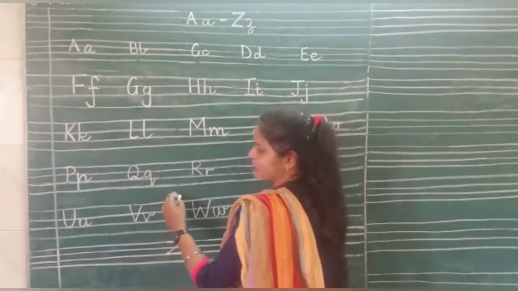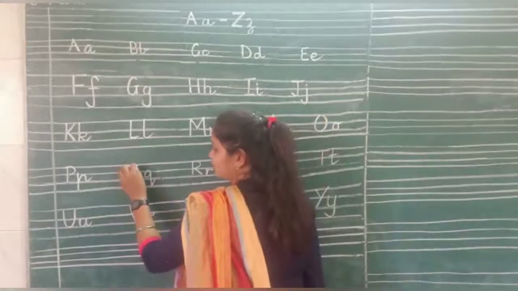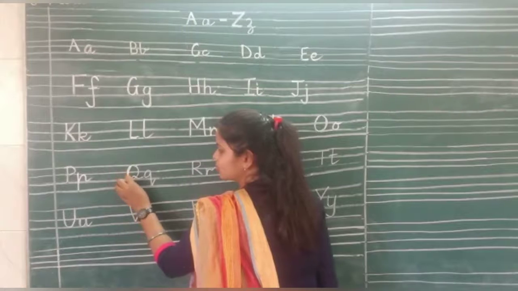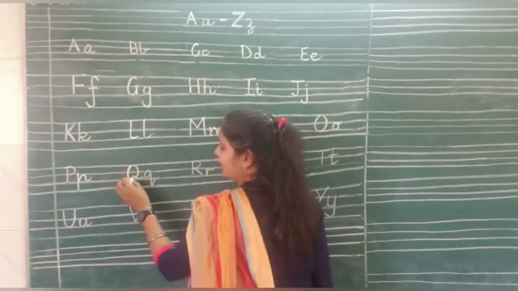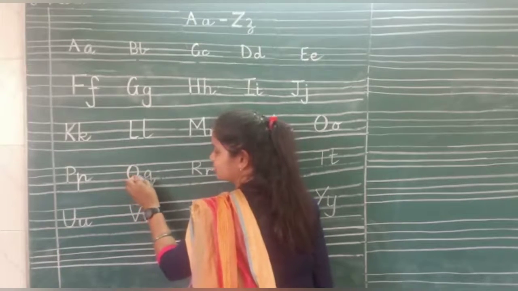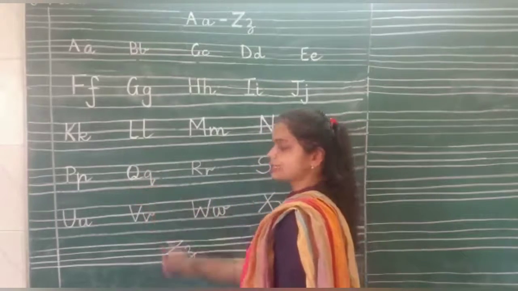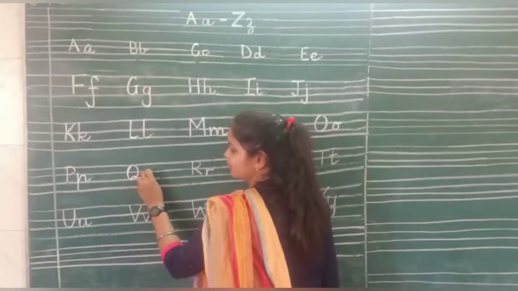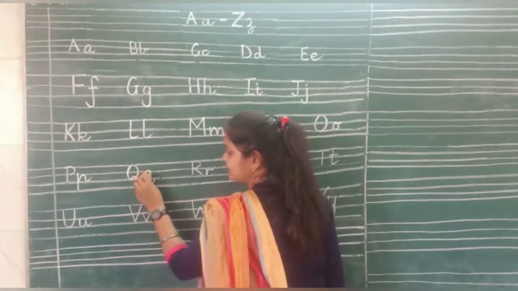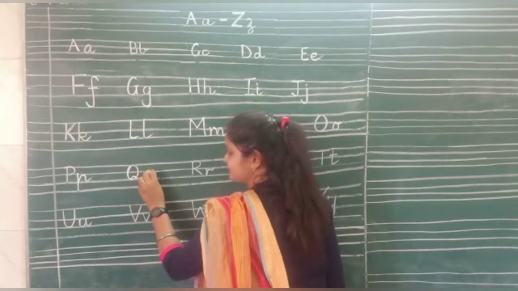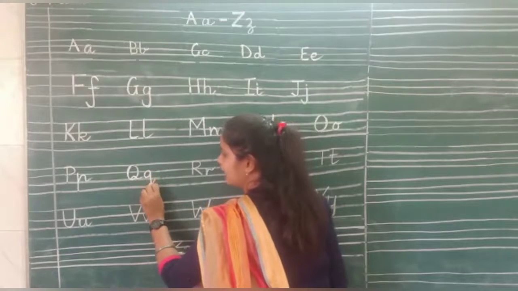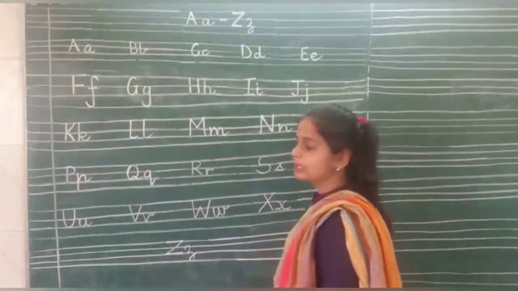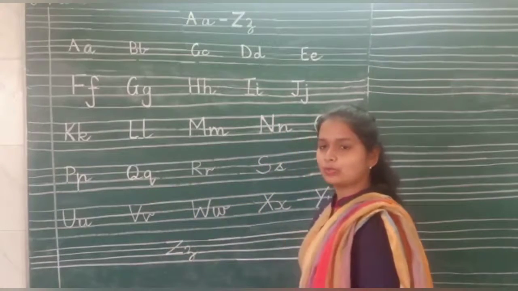Now coming to the next letter, Q. Again Q will be formed like O as we have formed O. So this is like O and then a cut like this. So this is capital Q, and small q we will be starting from the middle line like this, round, then down slant line and a small kick till the second line. Okay, so this is small q.